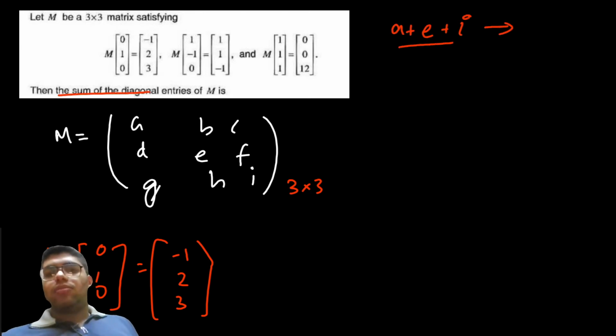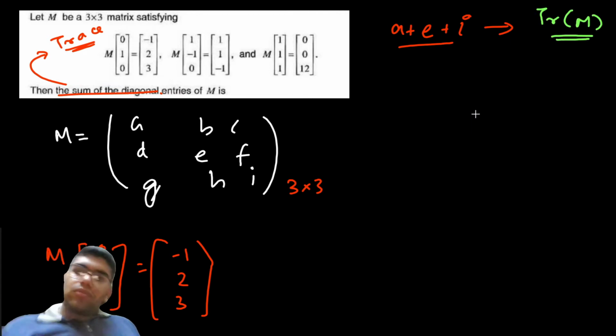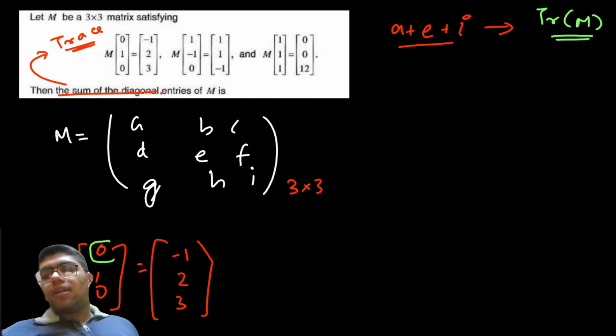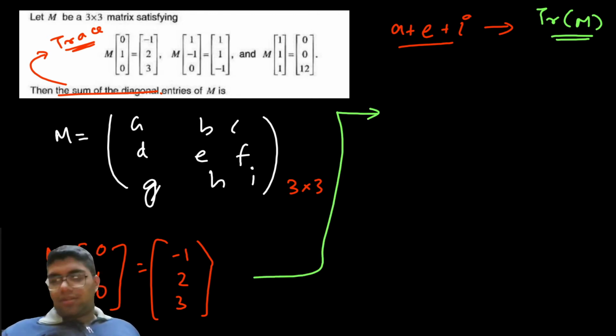And if you have the sum of diagonal entries, first of all we call it the trace. So I have to find the trace of this matrix M. Okay, so that is the trace of matrix M. That is what I have to calculate. So for this, what can I do? I can simply see, what do I find? I find that there are many zeros here. I have two zeros, which implies that at least some of my rows will get cancelled. And yes, this approach will really help me. So I can start solving this.